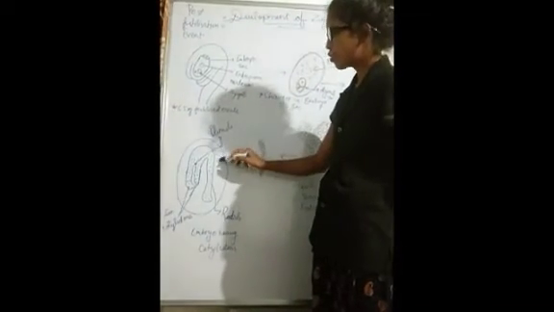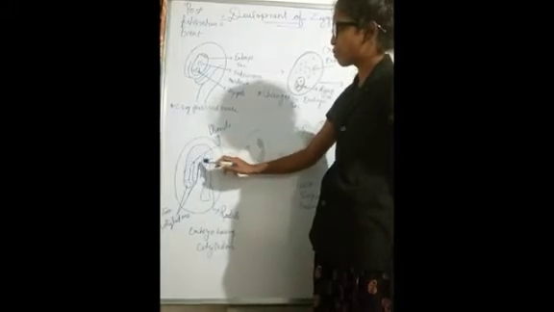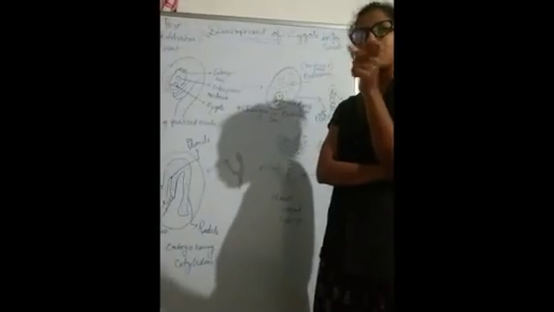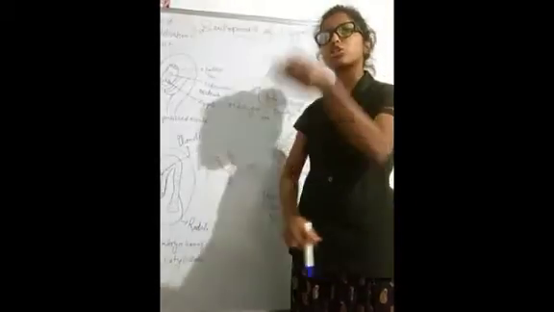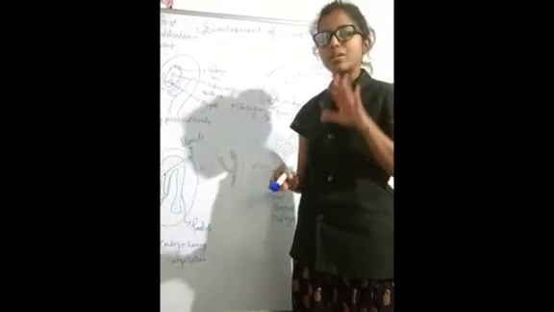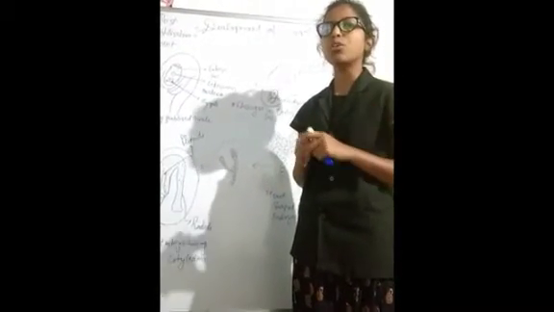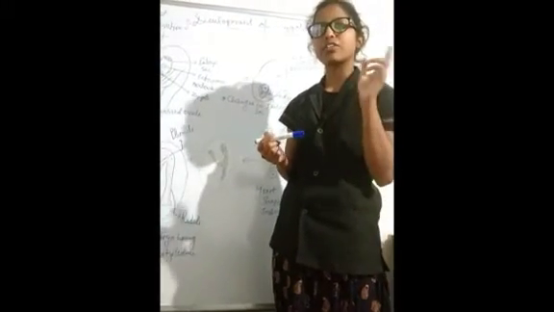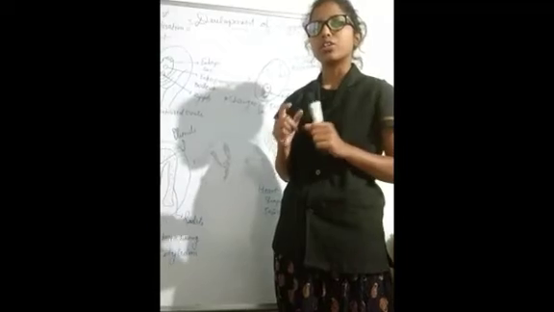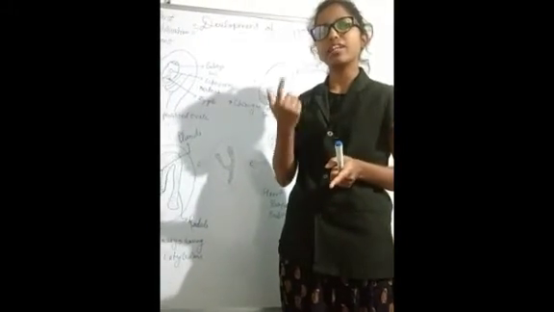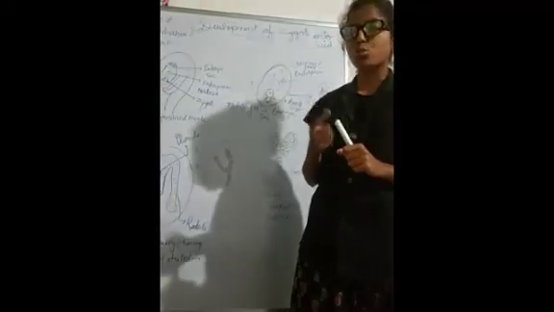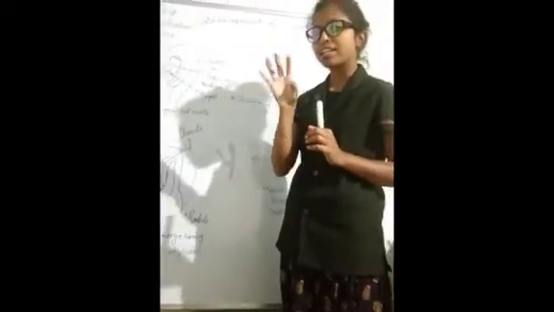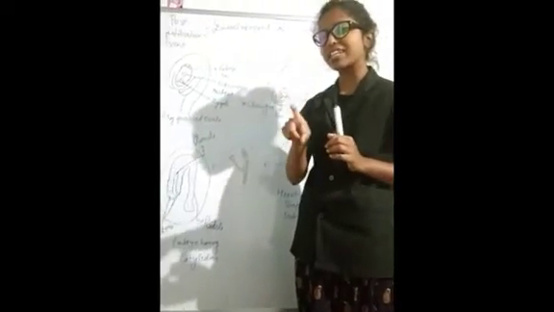Okay. So this embryo has this region, the plumule, because if you are sowing a seed, just think that two things emerge out. First is the shoot region and another is the root region, which is geotropic, and the other is phototropic. The shoot region is towards the sun side and the root region is towards the earth. So the geotropic root and the phototropic shoot are there. So two regions are here, plumule and radicle, within the embryo. This is the seed, and inside the seed the embryo is present.